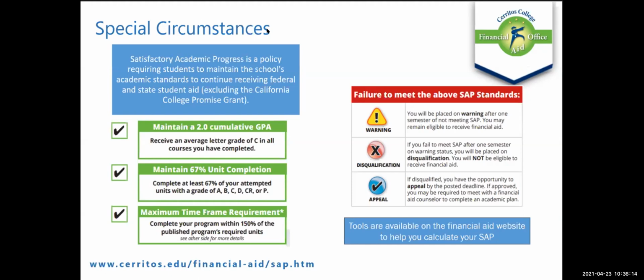And so hopefully that would only take one additional semester if you're working hard, staying on top of things, and going to tutoring to get that GPA and unit completion rate up over the satisfactory status so that you can continue to receive financial aid. We have additional steps for appealing your SAP status on our website at the link provided at the bottom. You'll also, as I mentioned, be notified at the end of each term of your SAP status, and there will be a link to appeal that decision in your message center.